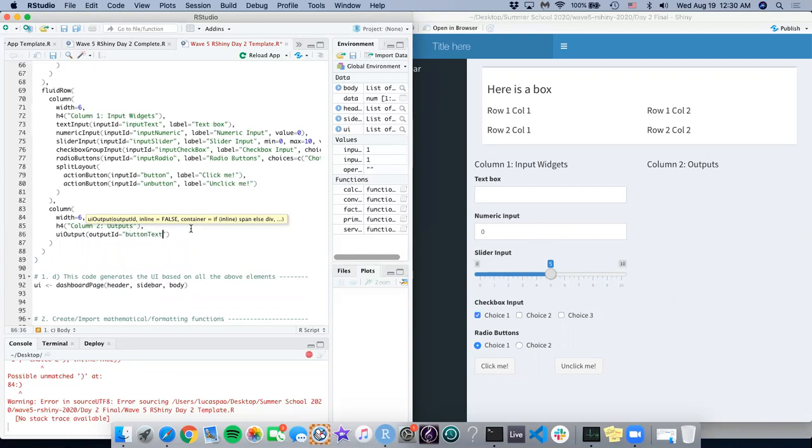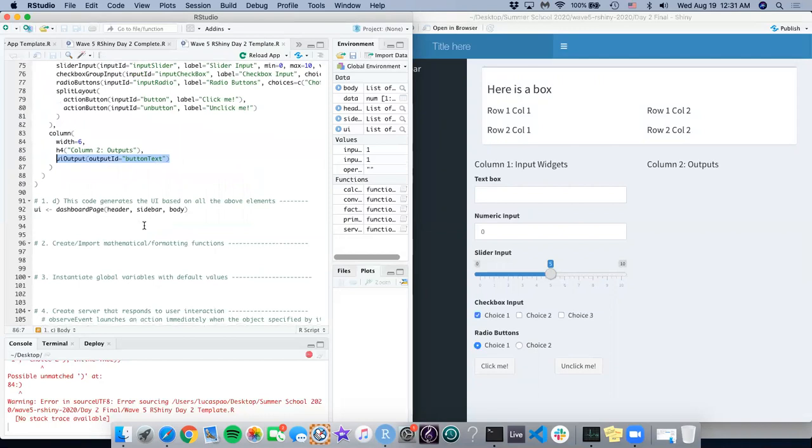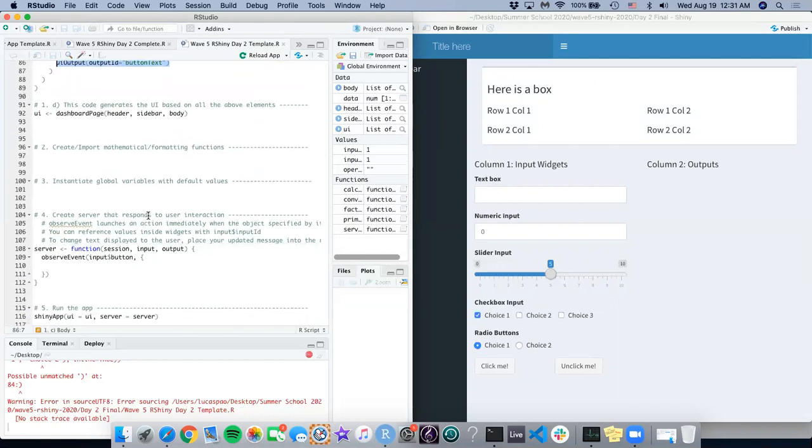I'm going to call it button text. So there's a text object right here that you specify by button text, the output ID. And then in the server function, we're going to write a function that when you click this button, it references this output ID button text and changes the text inside here to render the text like this button has been clicked. So now we're going to go down here to the server function,